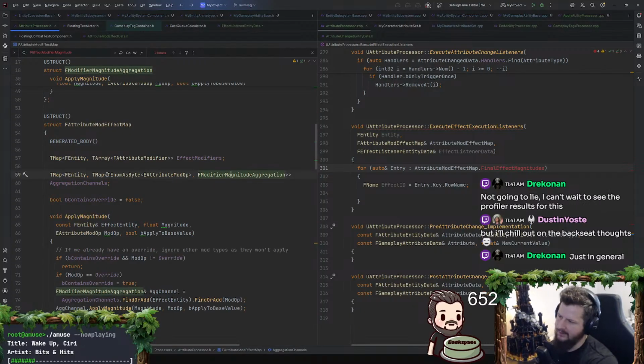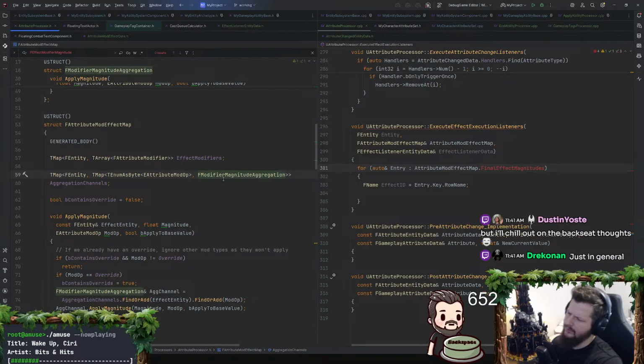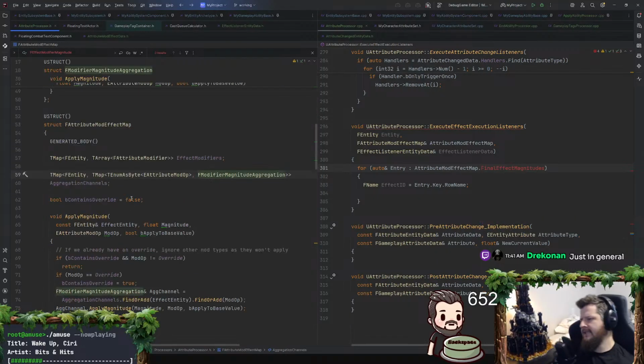So the final magnitude I actually need to store on... I guess I need to add... Well, no, because... Oh, yeah, it's split across modifier operations. Okay, so I actually have that set up differently. I should maybe make a new one of these.